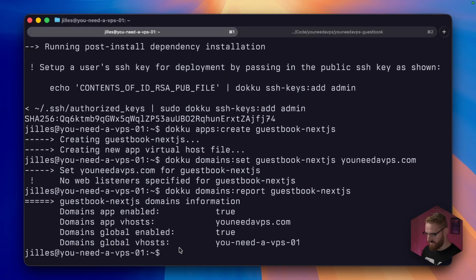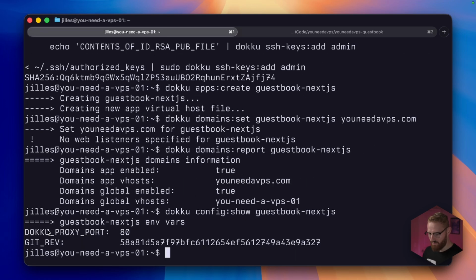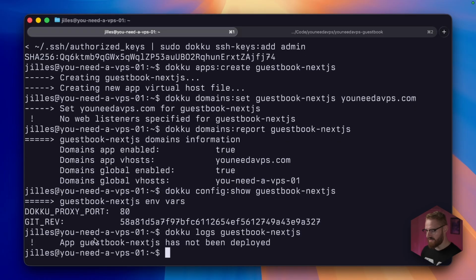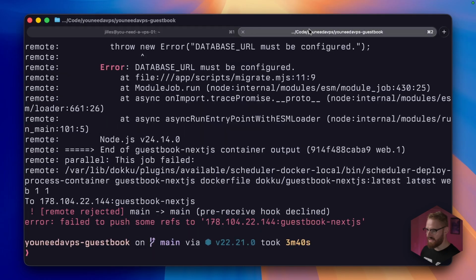And you can see if we do dokku config:show guestbook-nextjs, we only have the proxy port and the git revision right now. So if I do dokku logs guestbook-nextjs, we'll get, hey, it's not been deployed yet. But luckily, we just need to set some environment variables, right? So let's open up that